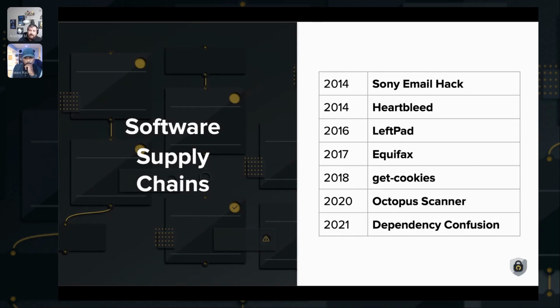Things like LeftPad are an interesting piece of the supply chain. It wasn't a supply chain attack, more of a supply chain disruption, if you will, due to legal ramifications from the naming of a package, kik, which conflicted with the messaging app. There was a DMCA takedown and name conflicts, and so the owner of the package just delisted it from NPM.